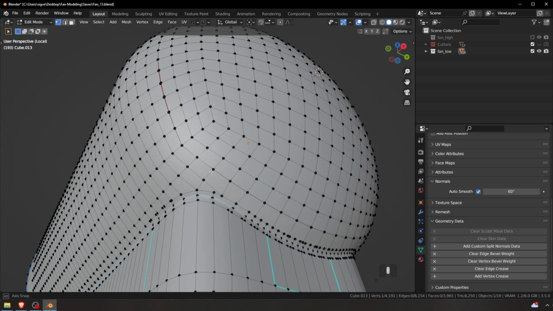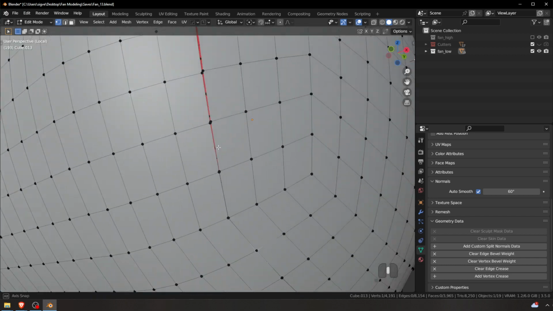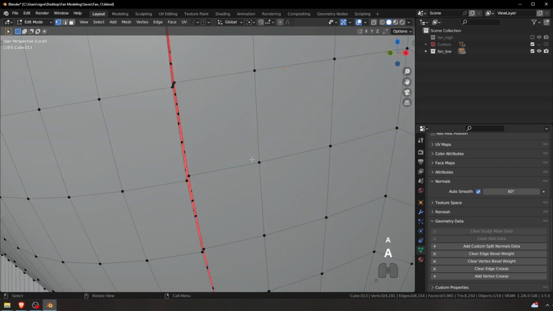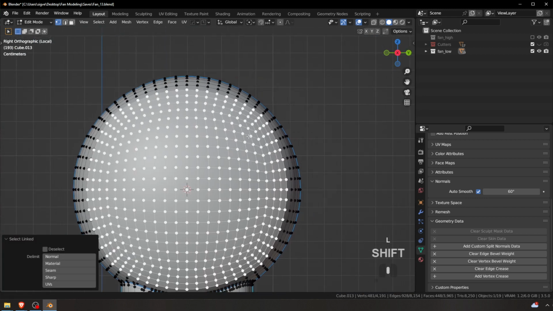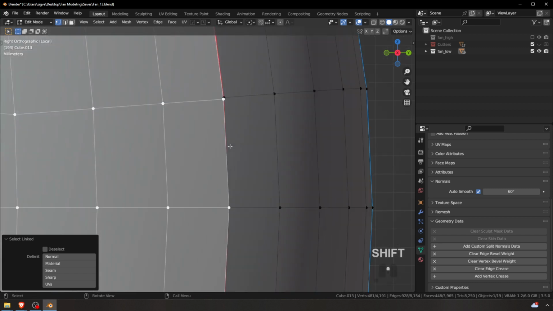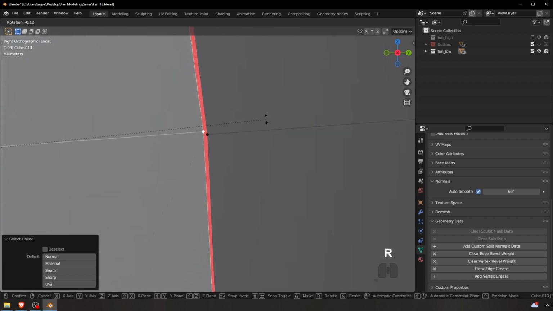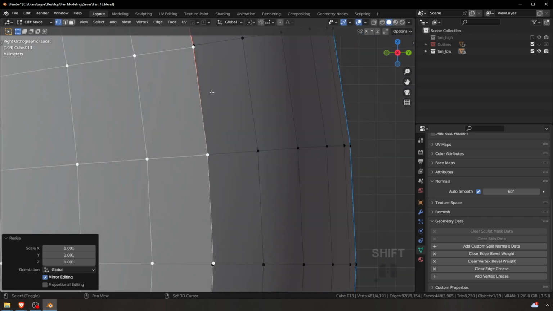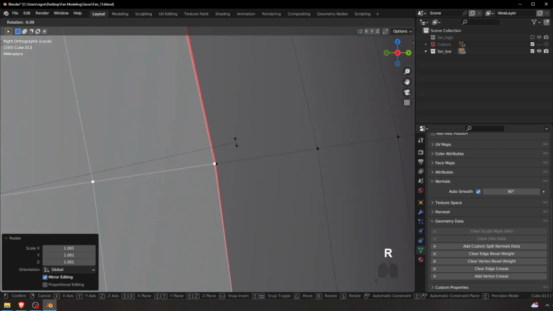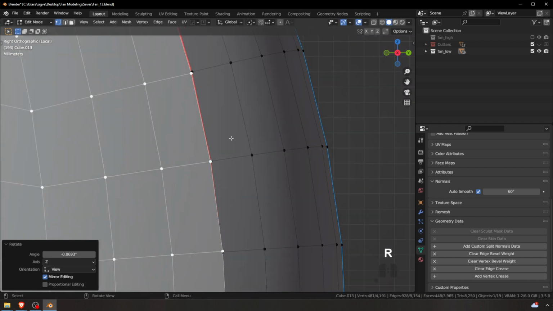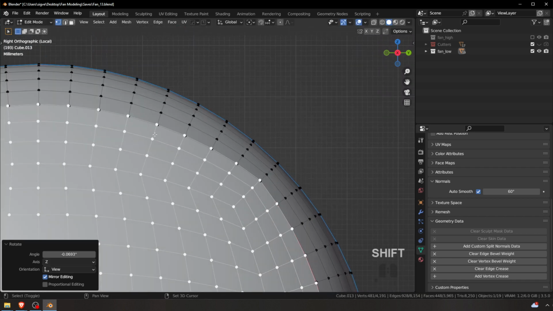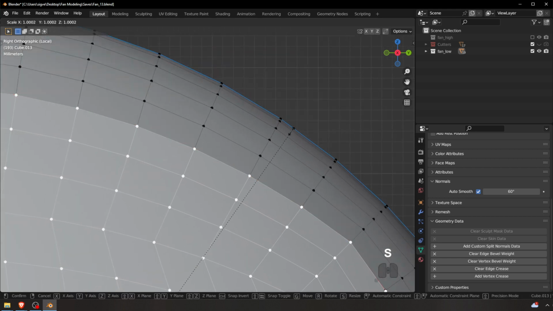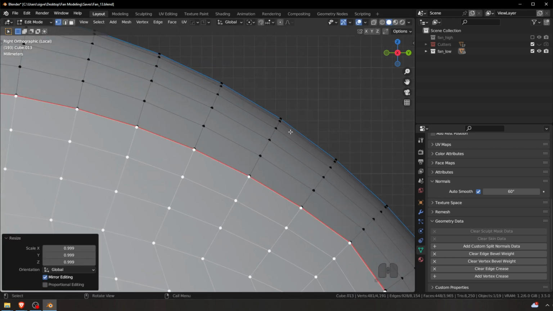Maybe here at the bottom. Actually, no. Okay, they don't line up perfectly. You can try and align everything a little bit more. Maybe we need some rotation and then some scale. No, not really. Doesn't look like it. You don't really need rotation. Okay, then